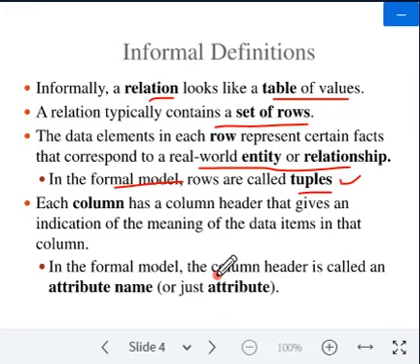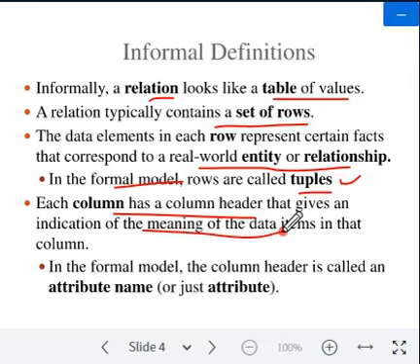Attributes are the properties of the relation which define that relation. Every column will have a column header that indicates the meaning of the data items in that column. When I take the student table, the column header describes what data about that entity we are storing.